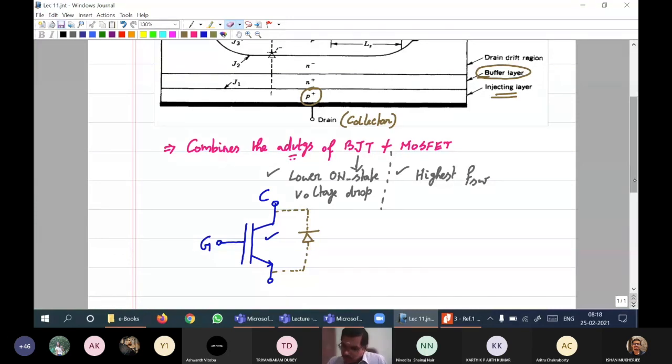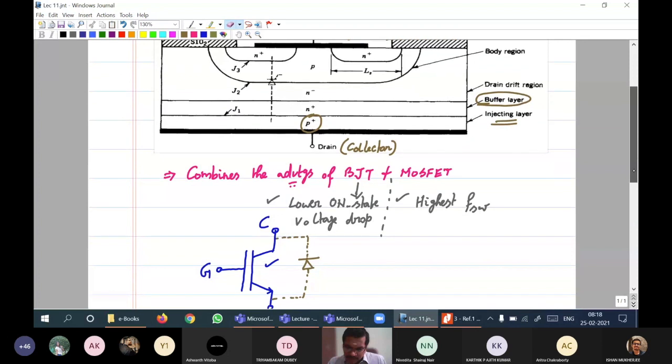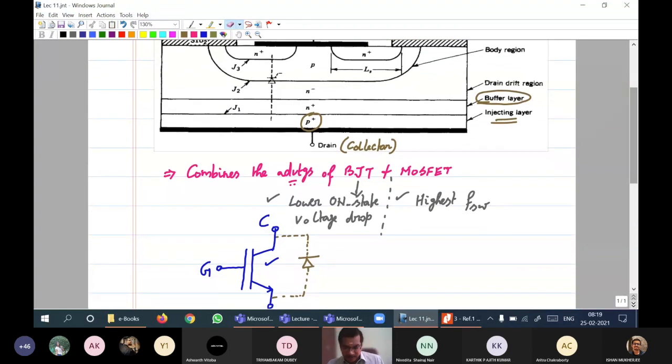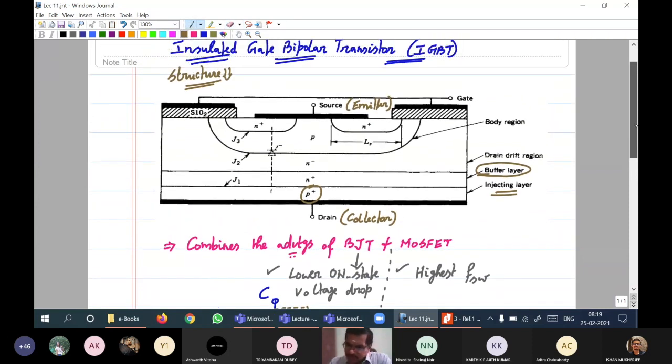Right. Now, the antibody diode gets into the picture because of the effect of the MOSFET, and the effect of the transistor is seen over here. Fine. Then understanding the operation is going to be easy, and you will find that there is a parasitic SCR. There are three junctions, J1, J2, and J3, or rather there are PNPN layers: P plus, N, P, and N plus. So you have a 4-layer PNPN structure that forms a parasitic SCR. I will write this as parasitic SCR. Now this parasitic SCR,